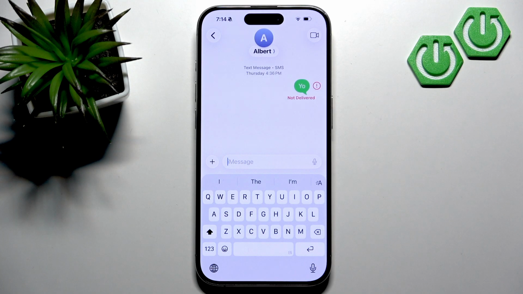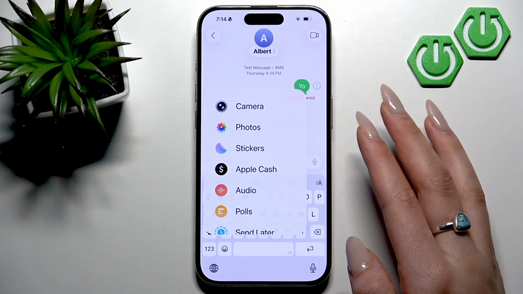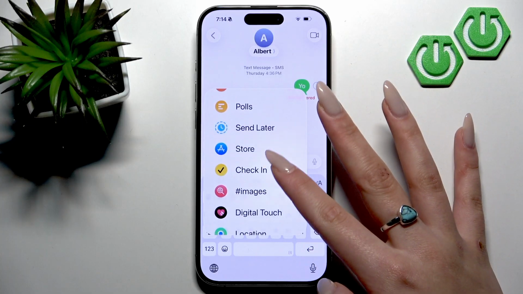Before we start, I need to mention two important things: both users must be on iOS 17 or later, and you have to make sure that location services are enabled on your iPhone. Okay, so when you are in the conversation, tap the plus icon, and let's find the check-in